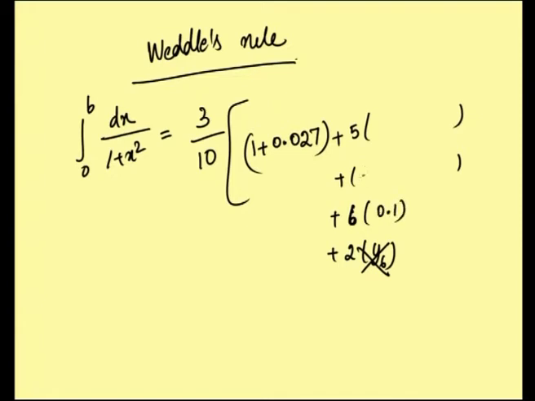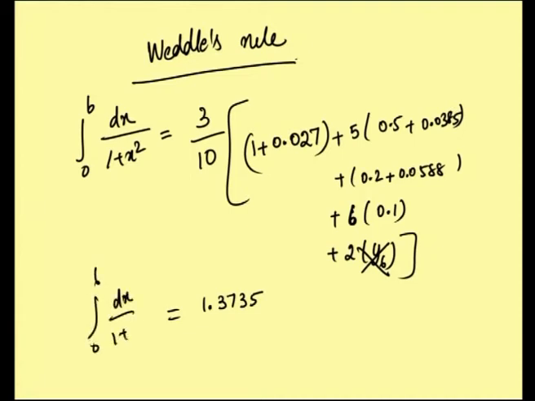and even coordinates, you can see the even coordinates is y2 is 0.2 and y4 0.0588, and when these 5 values are taken, the remaining 2 values left out is 0.5 plus 0.0385. Okay. The 2 into y6, y6 is accounted as last, therefore it will not be taken into account, and after careful calculation the value comes to be equal to 1.3735. So, this is the answer by Weddle's rule,